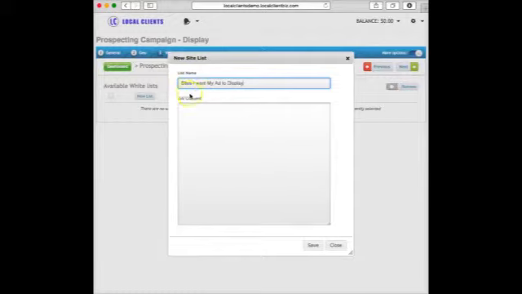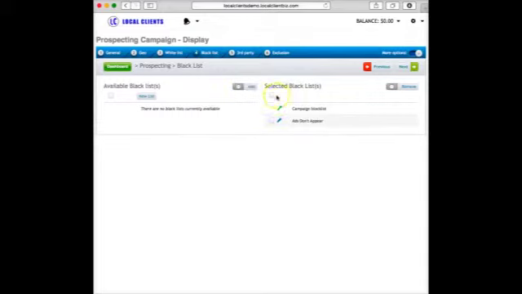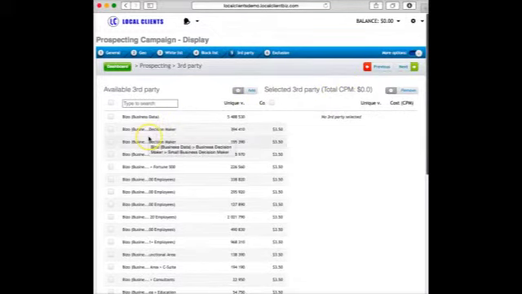So I can have multiple whitelists, which include multiple websites or blogs, depending on the ad that I'm using to generate a specific type of lead or prospect. Conversely, I can also create blacklists, and these are websites or blogs that I don't want my ad to appear on. The next feature on the Local Clients platform provides me with the power to target specific people that are actively looking for specific products or services.